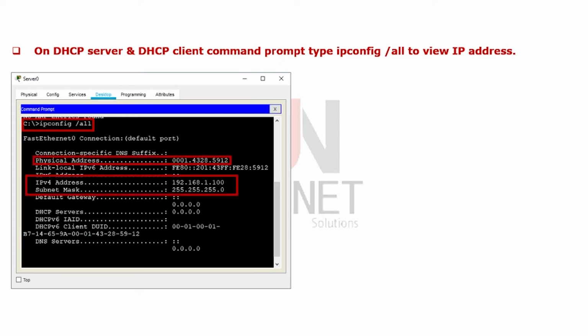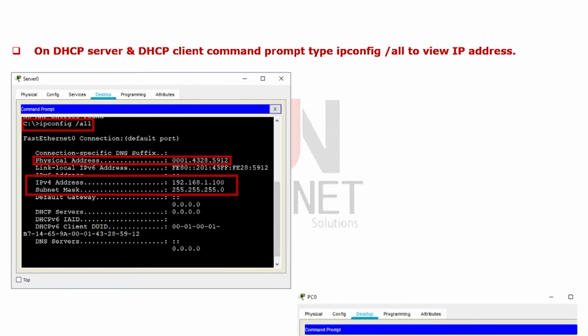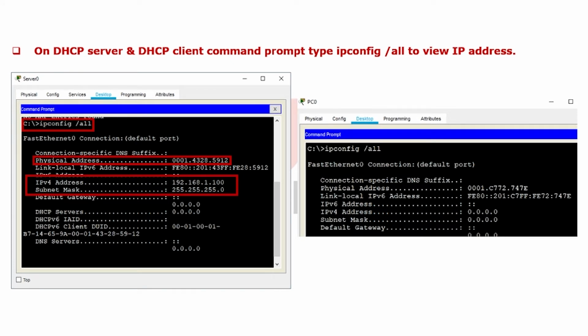So it will list out your layer 2 physical address, and if you assign any layer 3 IP address, that also we can see. So that PC0 acts like a DHCP client.